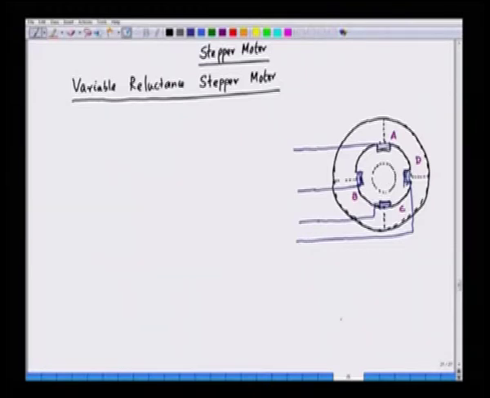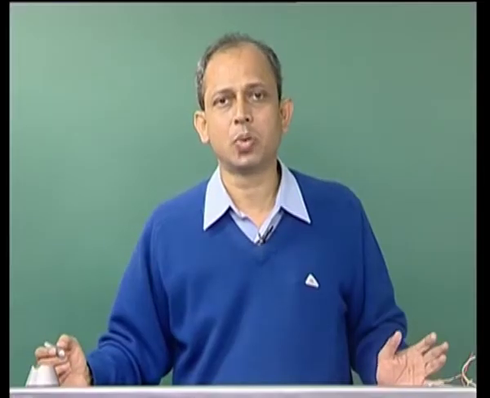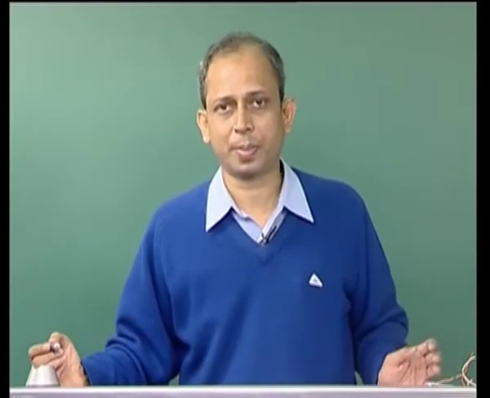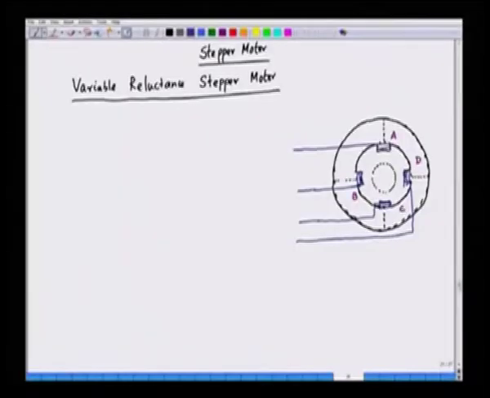And the windings are also connected in a neutral point. So, we also have a neutral point which is available to us. The neutral point is this. So, this neutral point is connected with this. This is also connected with this. This neutral point is connected with this, and this neutral point is also brought out. So, this is the neutral point, and usually this point is connected to the negative of the power supply,